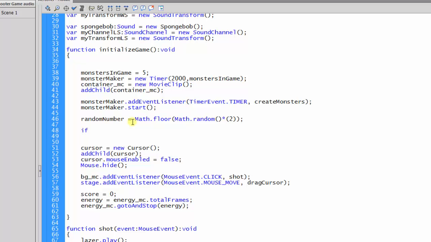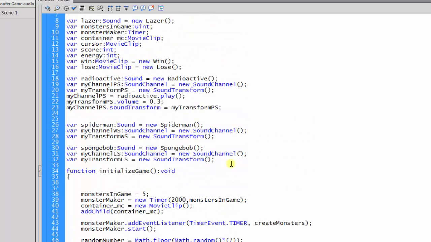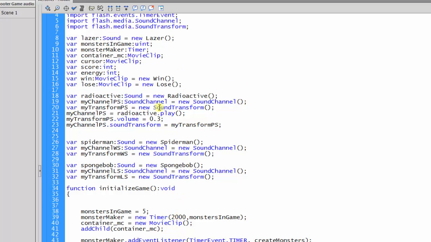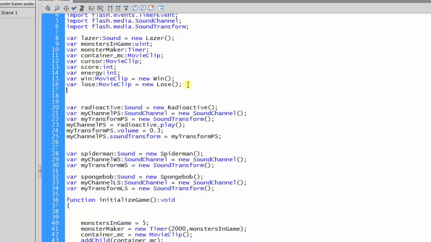So if random number, so this is my variable, and I guess I should have declared that variable. Yeah, definitely should declare that variable. And rather than declaring it over here, let me go up to my list of variables and declare it over there. So not with the sound stuff because that was all kind of special. So just underneath my whole list here, I'm going to say variable